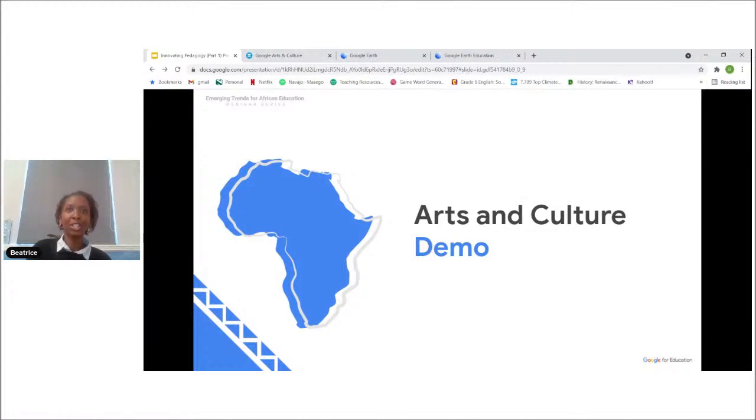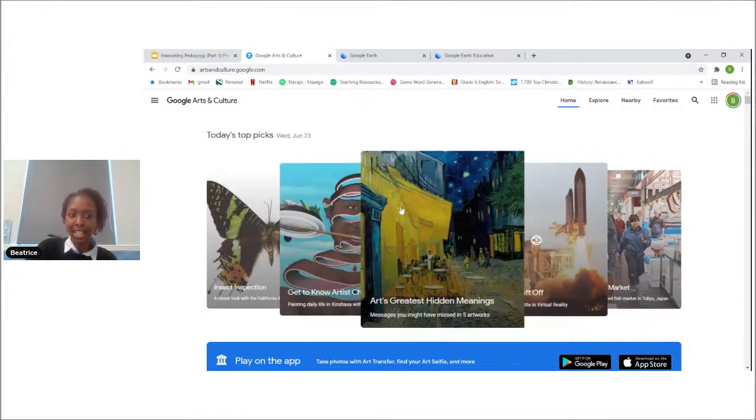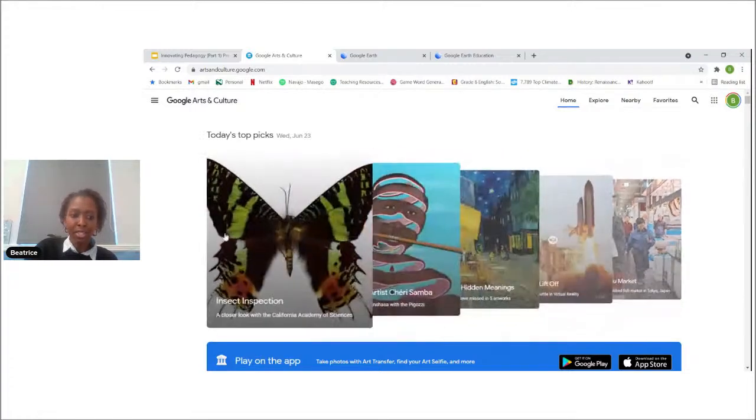So today we're going to dive into Google Arts and Culture. I've got it open here, and you could simply type in artsandculture.google.com, and it will take you to the home screen. And as mentioned before, you have top picks for the day, and these change daily. So every day there'll be a different